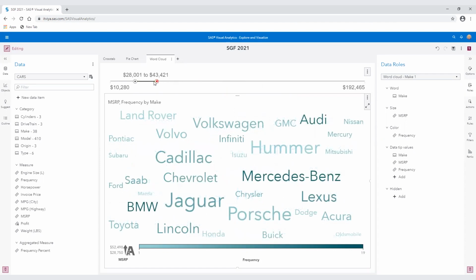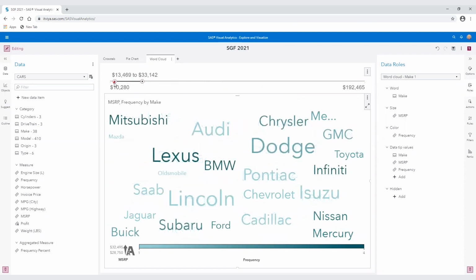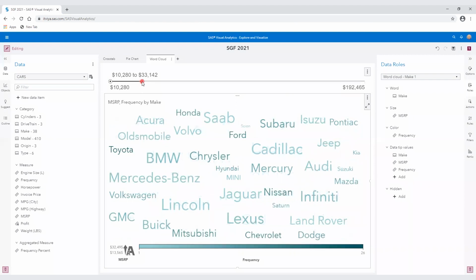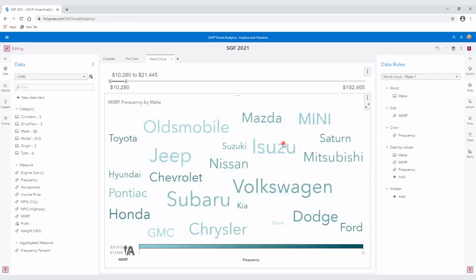Okay, and drag that down to just whatever. Now we're looking at the lower end cars. Right there, the affordable cars now. Okay, between 10 and 21,000.